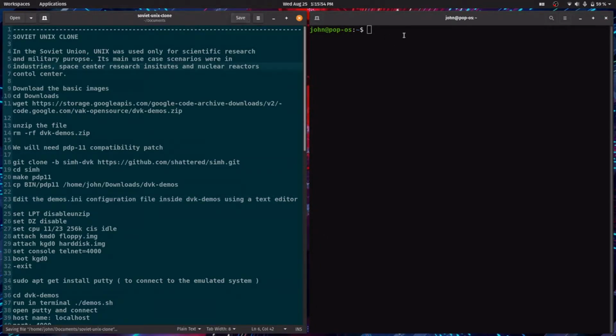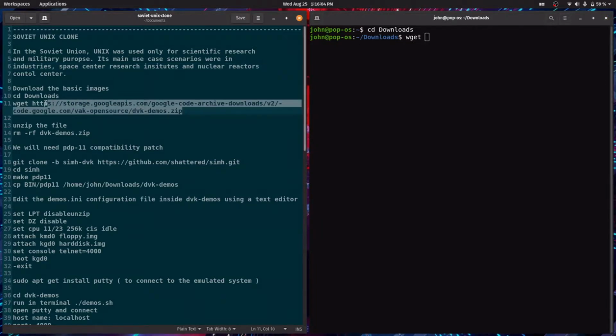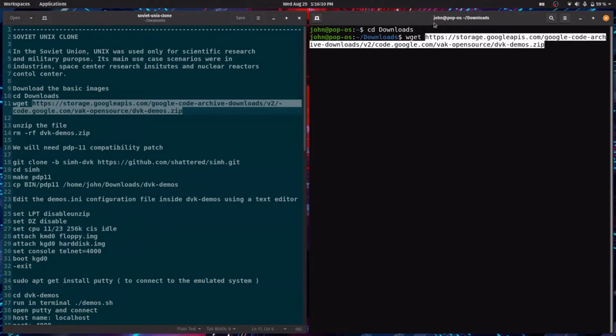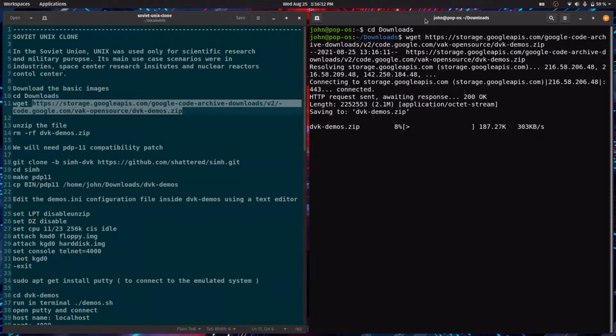To download this version of Unix, first go into your directory downloads, then wget this link, copy and paste into your terminal, enter.